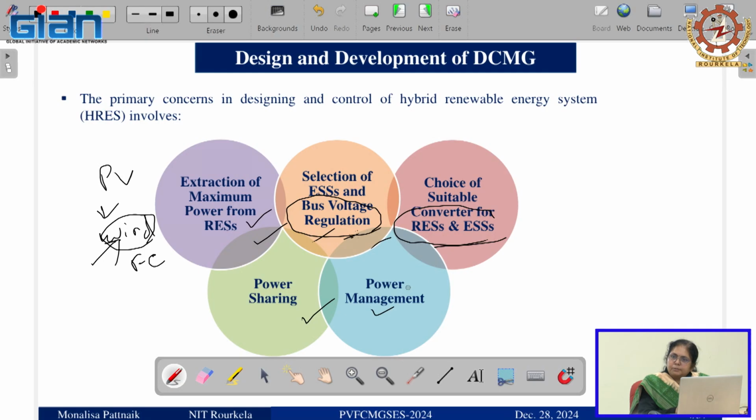But the turbine I am not going to install inside the lab. So how can we get the wind turbine characteristics in the lab? That is a separate case which needs to be developed, but I am not going to cover those things because it is not possible within this short time. So overall system I am talking about today.